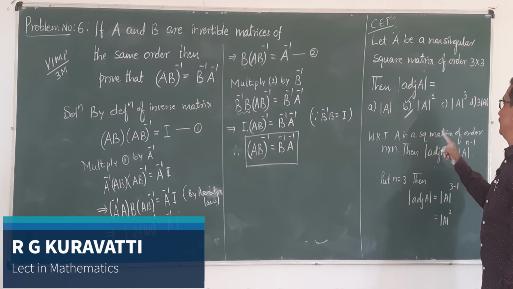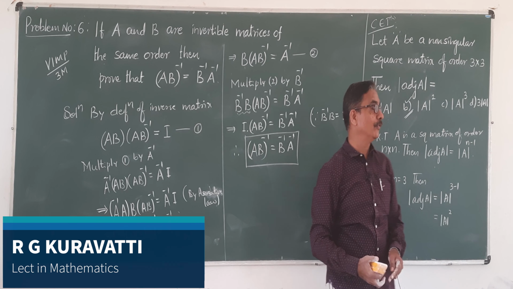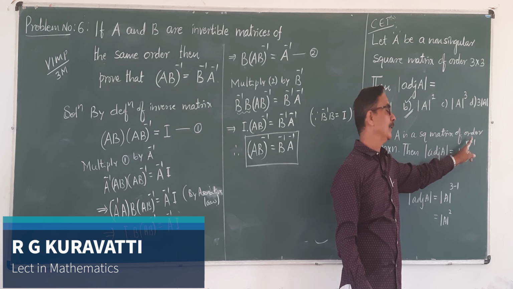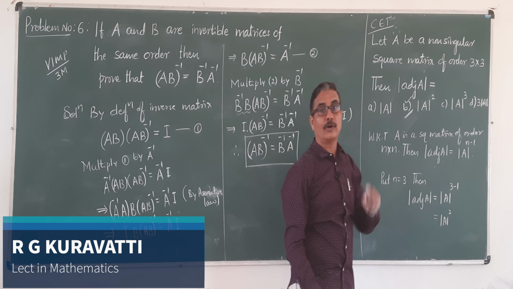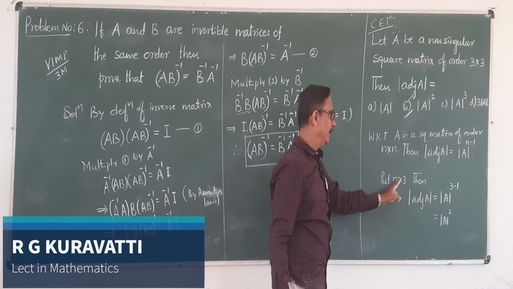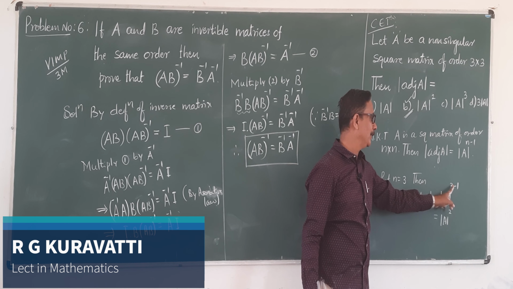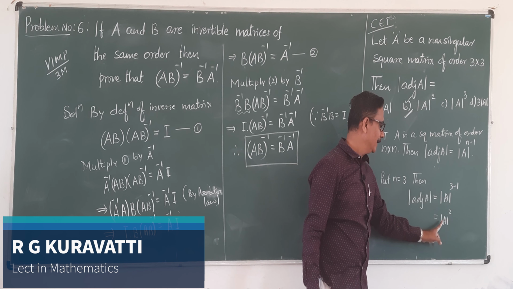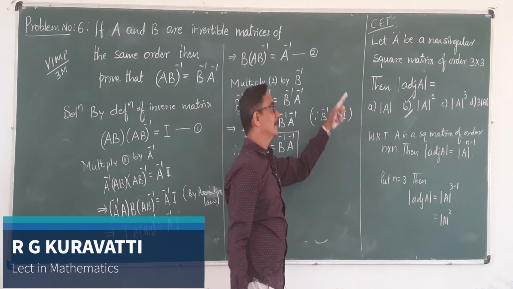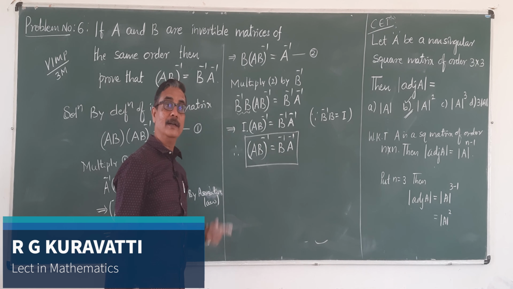Okay, so A is a square matrix of order n cross n. Then determinant of adjoint of A is equal to, remember, determinant of A to the power of n minus 1, where n indicates the order of the matrix. Here a 3 cross 3 matrix is given, then put n is equal to 3, determinant of adjoint of A is equal to determinant of A to the power of n value 3 minus 1, that is determinant of A to the power of 2. So option B is the right answer. That question was asked in KCET, Karnataka CET.